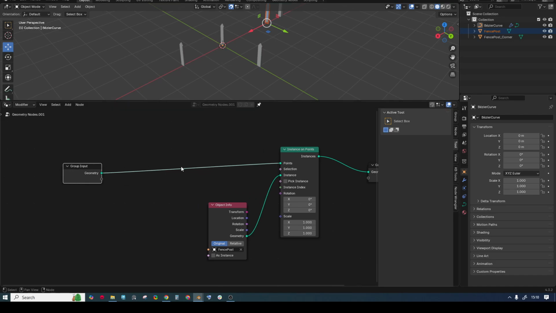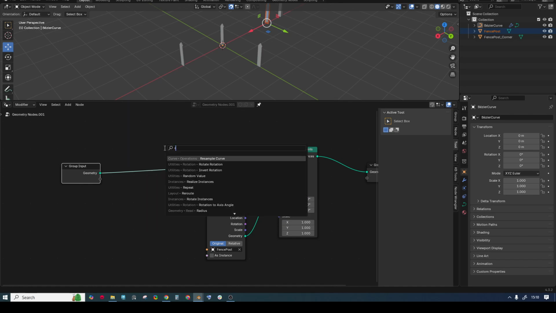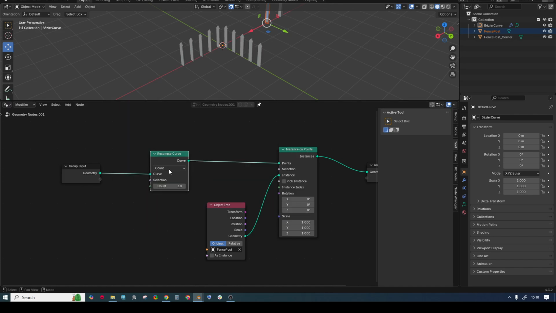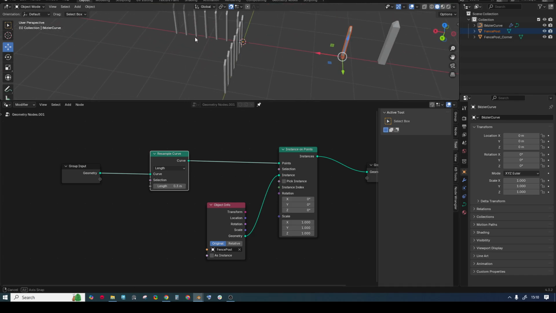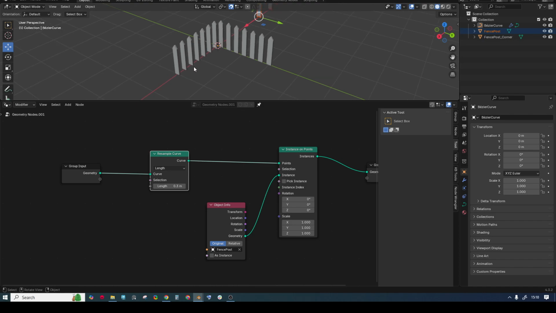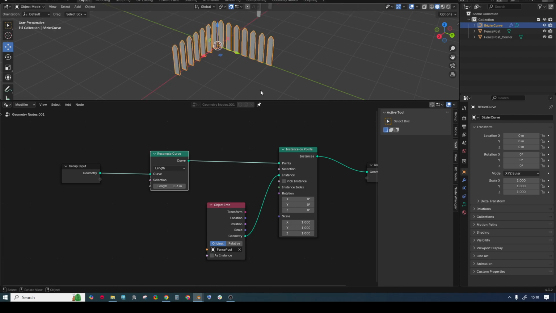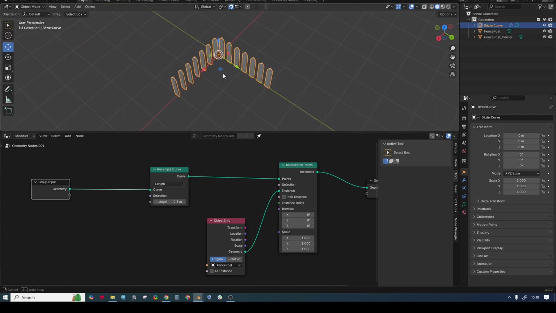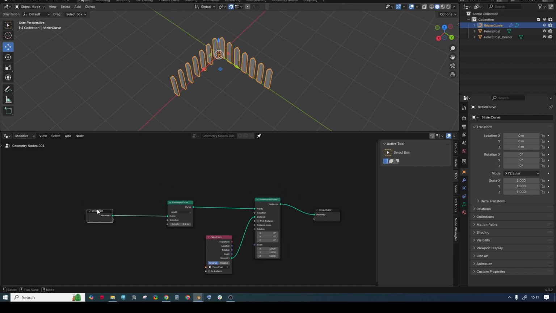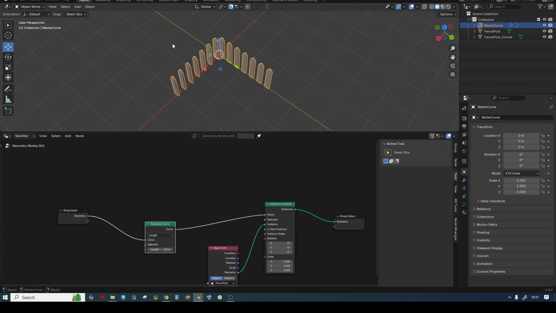To have more posts, we're gonna have to resample our curve and specify based on length. So we're gonna say on a distance of 30 centimeters I want this post to be instanced, and always gonna keep constant the same distance. So now the issue arises when they all have the same orientation. So to fix that, we need to take our